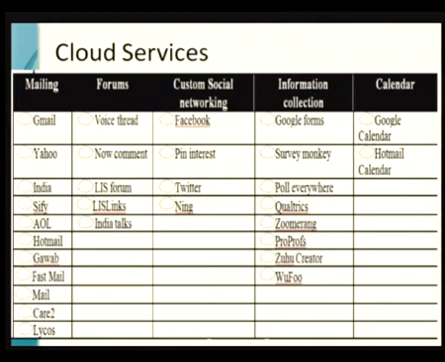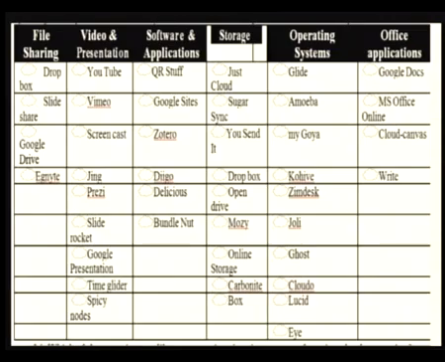And then coming to the calendar kind of applications, you have Google Calendar, Hotmail Calendar, wherein the services whatever you are availing are nothing but the cloud services. Likewise, file sharing, I had shown you Dropbox, Google Drive, Egnyte. All these are nothing but storage as a service, that is the hardware as a service. So video presentation you have. Likewise, we had categorized several cloud applications over here. You can go through all these slides and you can realize that whatever applications are listed in these columns are nothing but the cloud options.